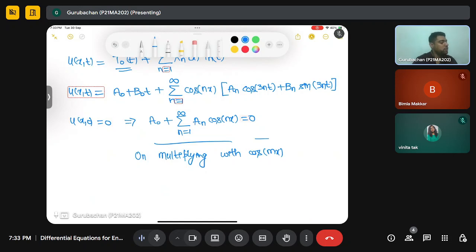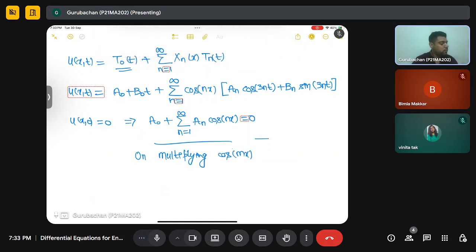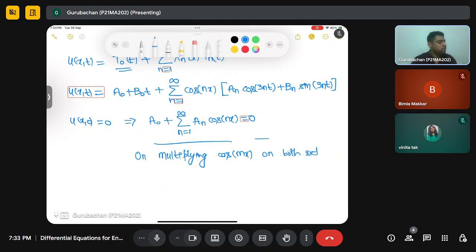On multiplying cos mx on both sides, and by using the orthogonal property of sine and cosine functions, we get